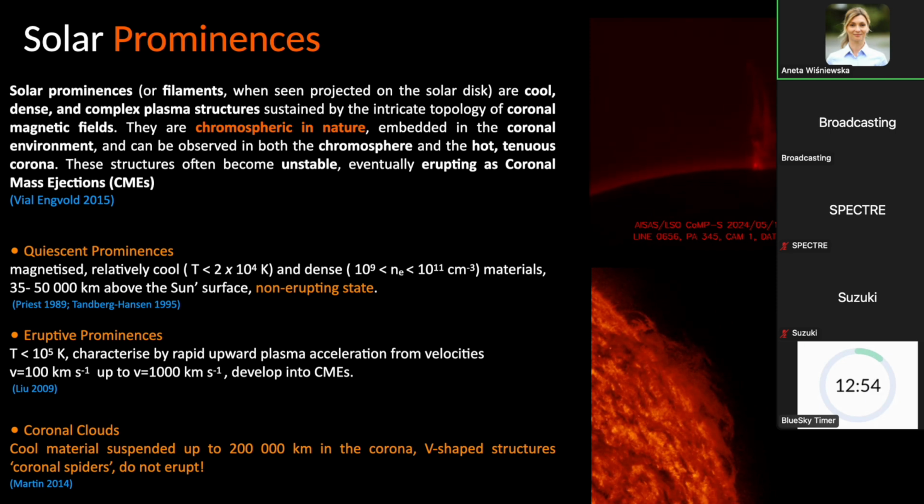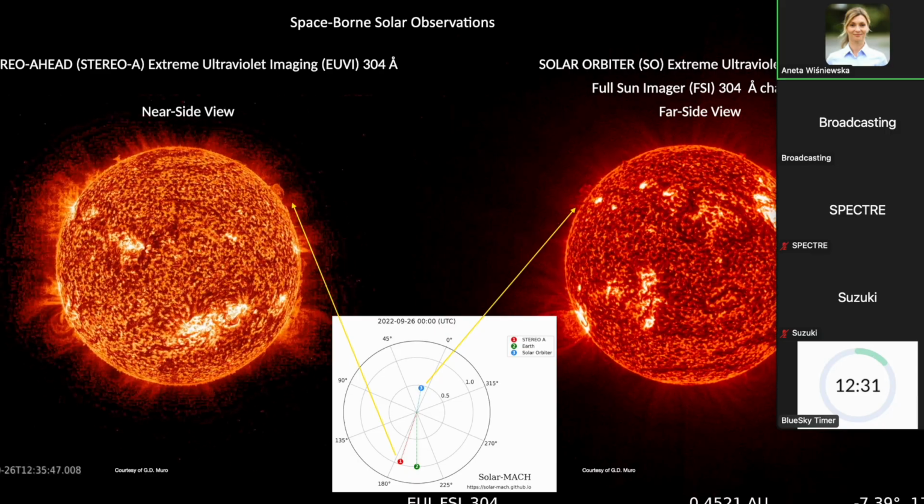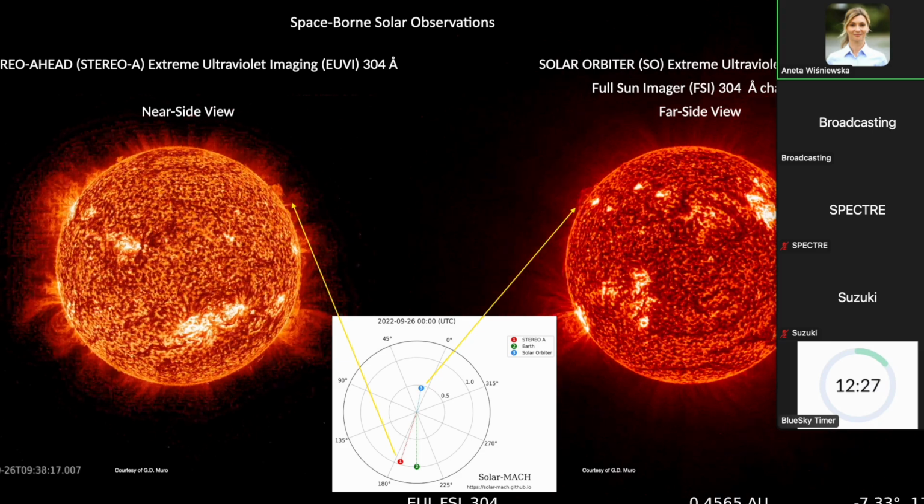And we have also the last one. These are coronal clouds, but these are very calm, very high suspended material in the corona, up to 200,000 kilometers. They are V-shaped, and are sometimes called coronal spiders. But we will be talking about quiescent prominences, and we are very fortunate because thanks to the space-borne telescopes such